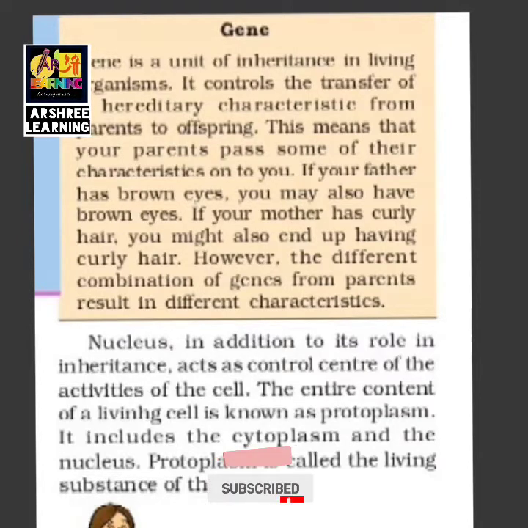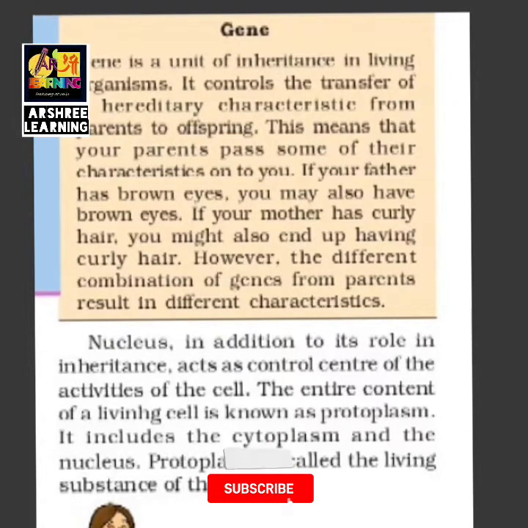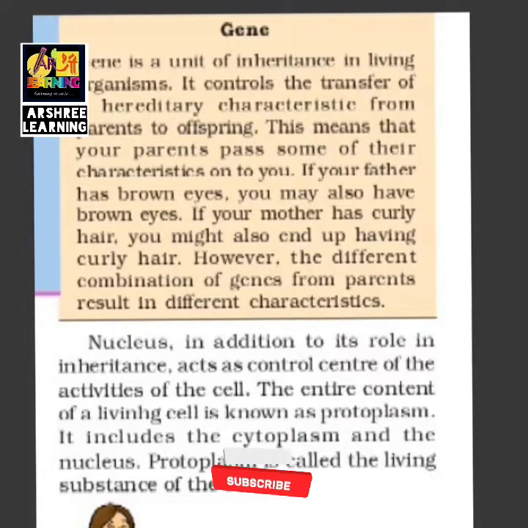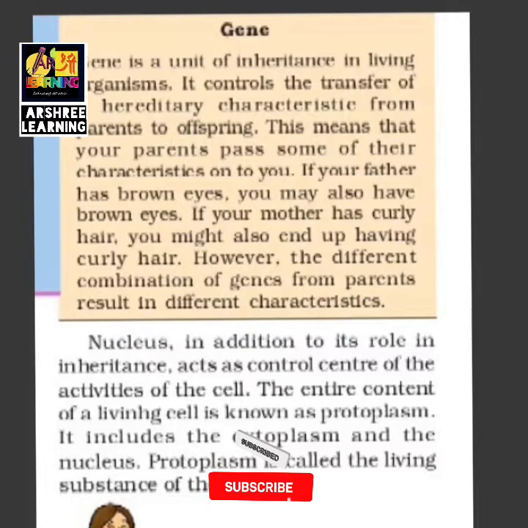Like if your father has brown eyes, you also will have the same type. If your mother has curly hair or father is tall, then the chances of heredity are that you will also be having the same qualities. So that is genes. A child is born when the genes of the mother and the father combine. So when they combine, mostly the traits or the qualities are passed on and the child has got those qualities.